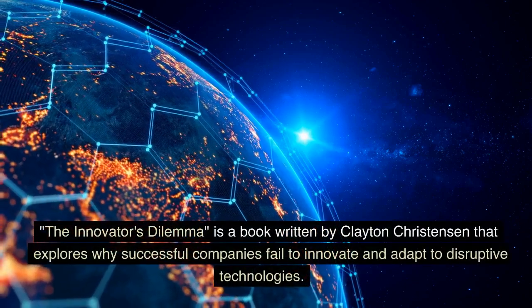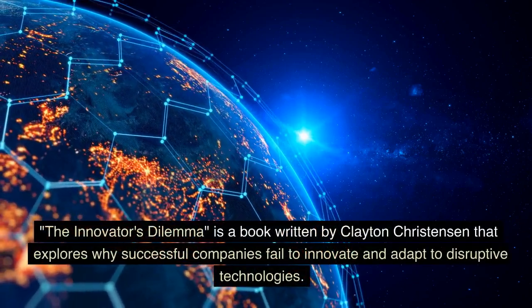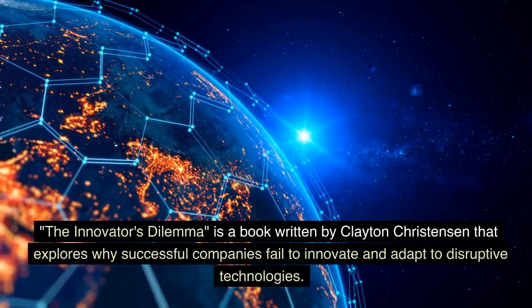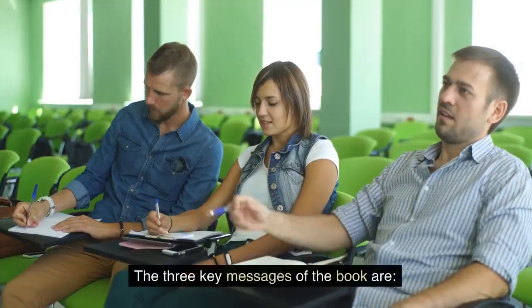The Innovator's Dilemma is a book written by Clayton Christensen that explores why successful companies fail to innovate and adapt to disruptive technologies. The three key messages of the book are: